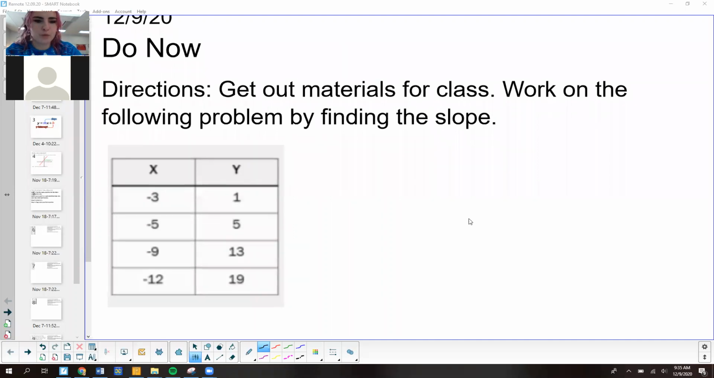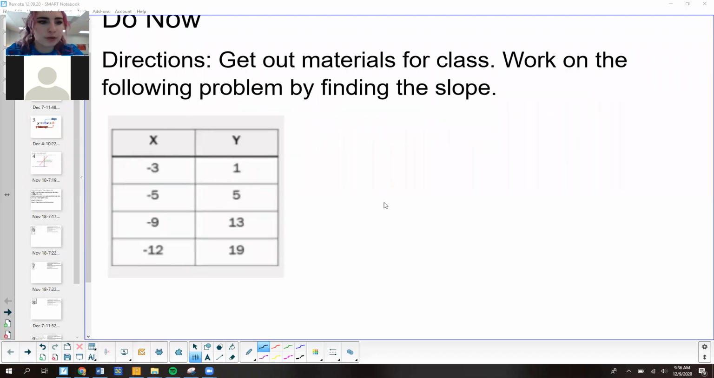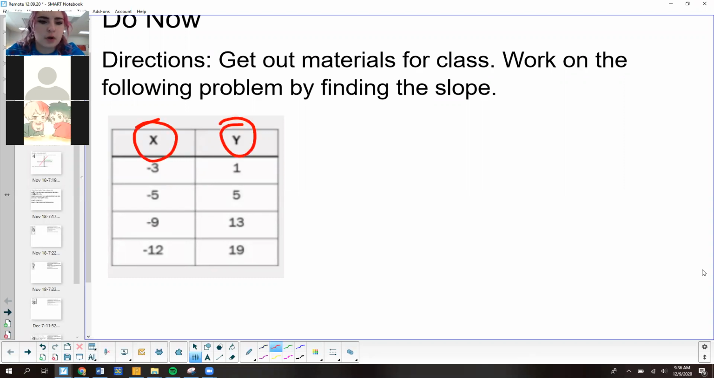So when we're looking at a table, especially when it's labeled like this with our X and Y values, hold on, let me get my marker. So especially whenever we've got our X and our Y values,